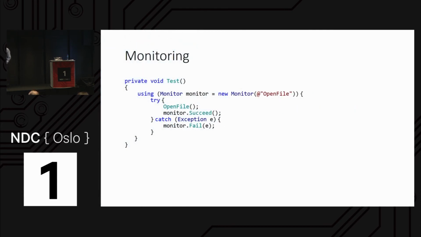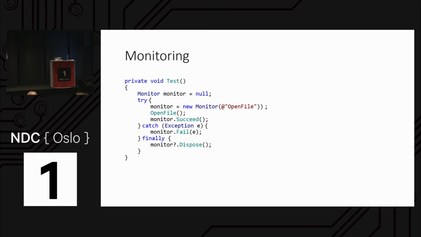So you might write code that looks a bit like this. It's C#. You wrap all your code in monitoring code. So you basically say that this scenario succeeded, or this scenario failed in case of a failure. And if you're not used to C# and the using statement, it's basically a wrapper around an interface that has a dispose method. So it does that in the finally clause. So that basically means the dispose method is always called.